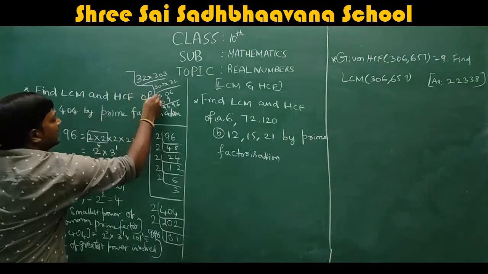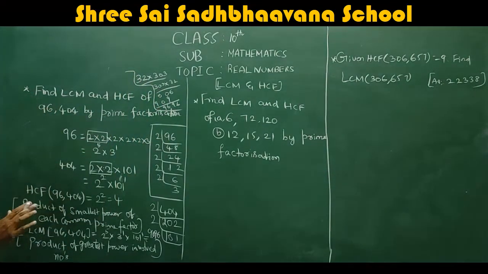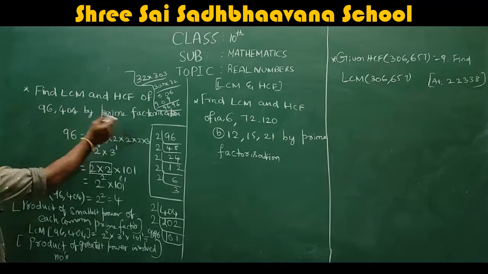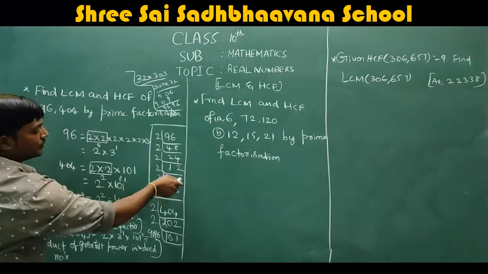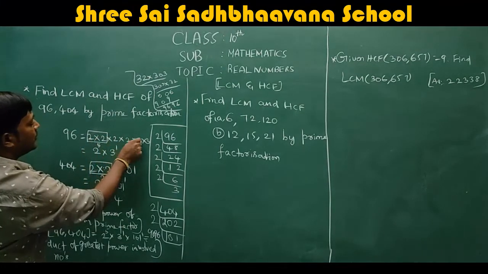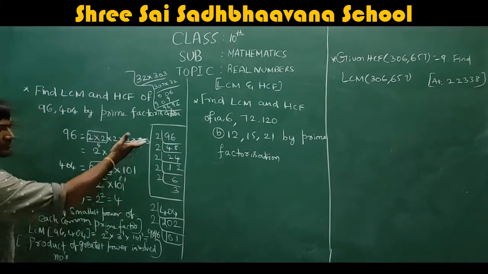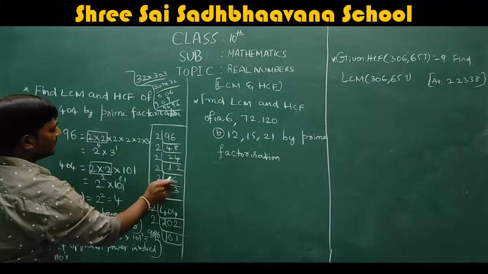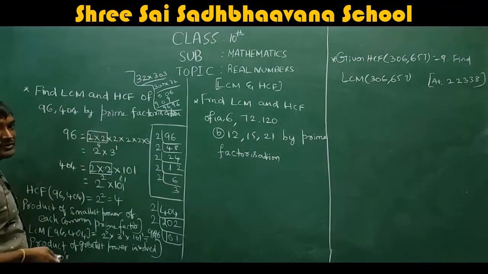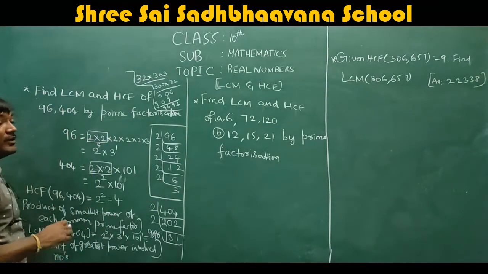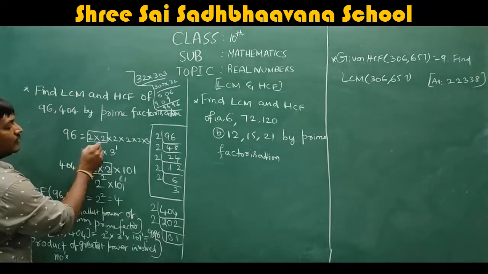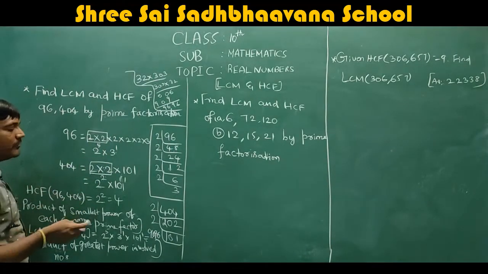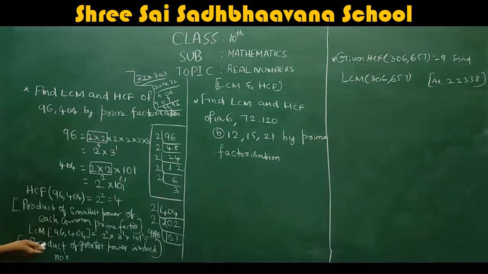Just carefully listen. We have to find the LCM and HCF by the prime factorization method. Prime factorization method in the sense what? We have to convert a given number into prime factors. So we converted. What we got? We just divided with 2. We got 2 into 2 into 2 into 2 into 2 into 3. So this is the expansion. This division part, you know: 2 into 48, 2 into 24, 2 into 12, 2 into 6, and again 2 into 3. So we got this expansion, right? How many times is 2 repeated? 5 times. So 2 power 5 into 3 power 1. I'm just writing in terms of powers. Here 2 square into 101.